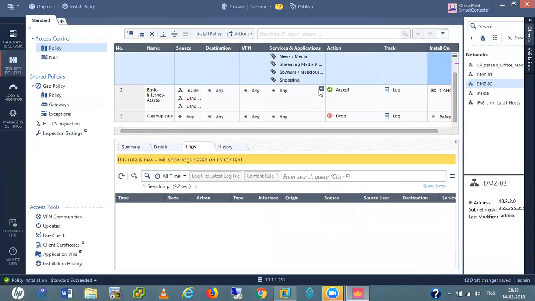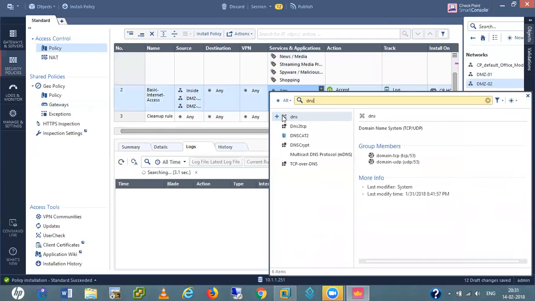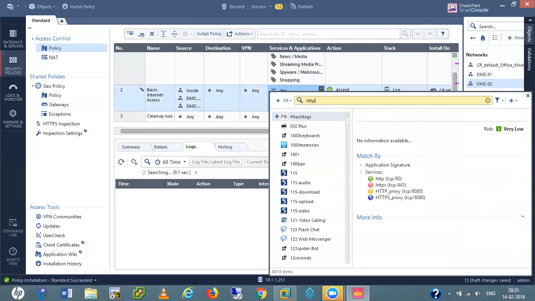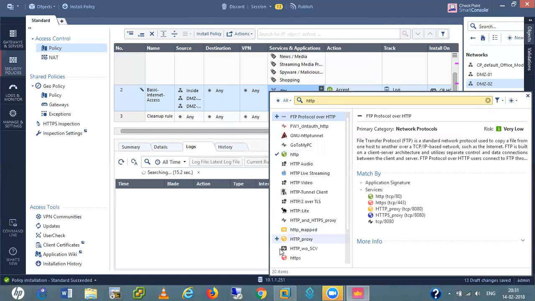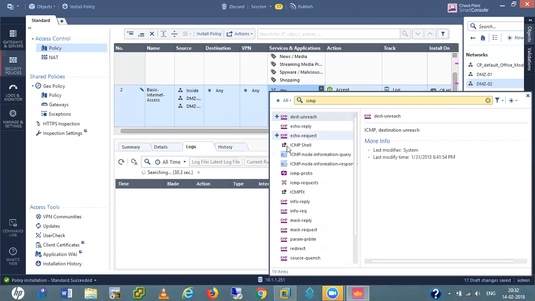In basic internet access, I'll just allow DNS, HTTP, HTTPS, HTTP proxy, HTTPS proxy, and ICMP, the whole ICMP protocol.